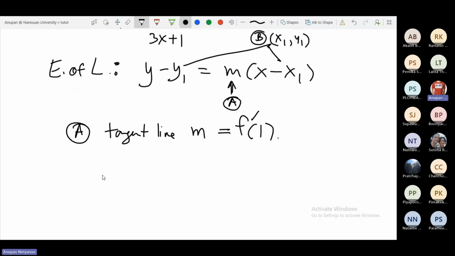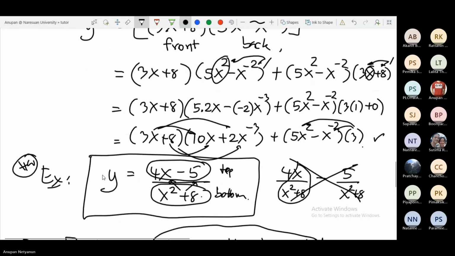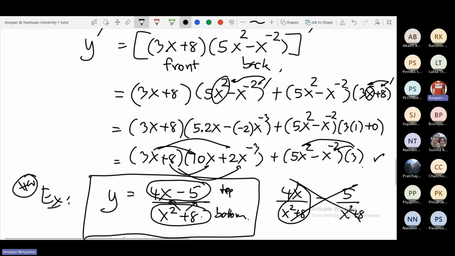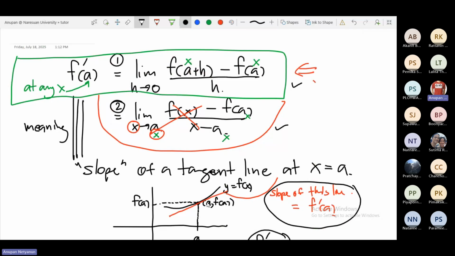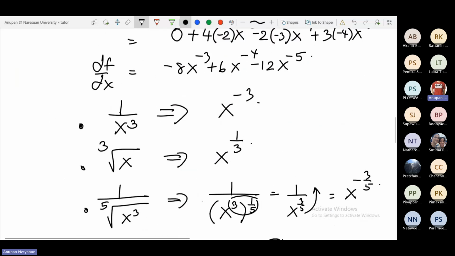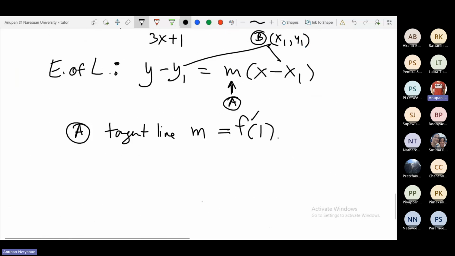Now, if you remember, when you want to find the derivative of f at x equal to 1, remember that we use the two definitions. For example, if you want to find it by using the first definition, you just find f(a), plug it in here, and then calculate and find the limit, right? But what we can do now is, instead of finding this by using the definition, I want to find this first